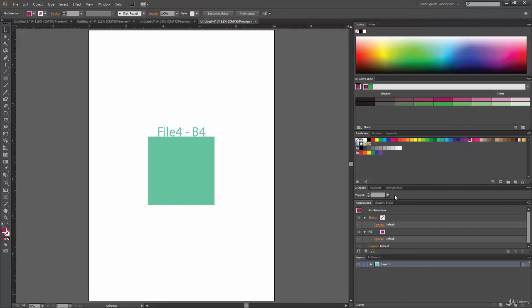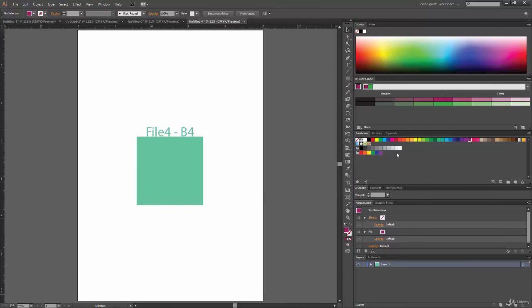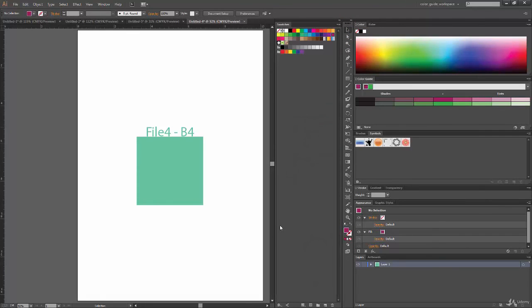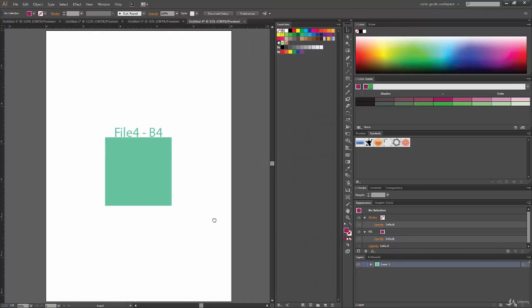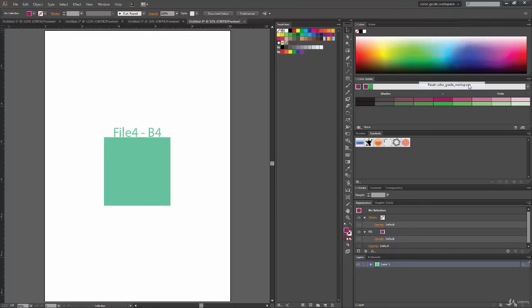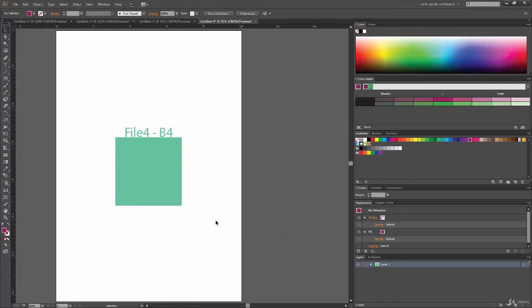So open the panel bar, or this time we'll drag the toolbar and put it over here, and also we'll take swatches and put it over here. So that's how we change our workspace. Now let's see if I am to reset my workspace. It says reset color guide. Just click on it and let's see. Okay, so it reset my workspace.